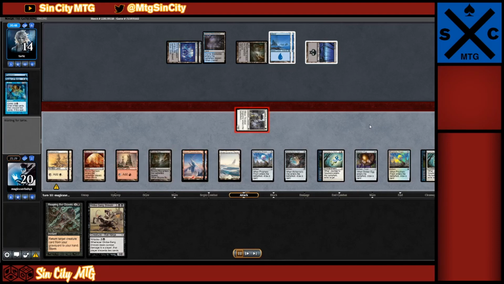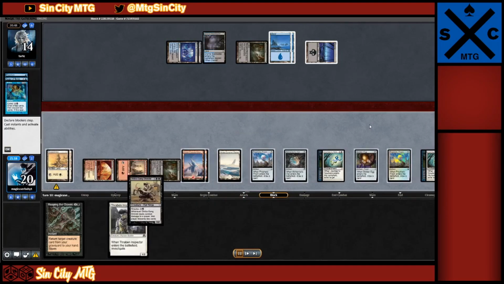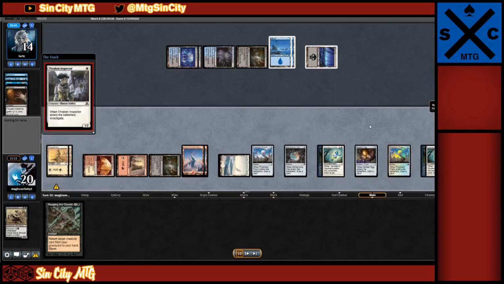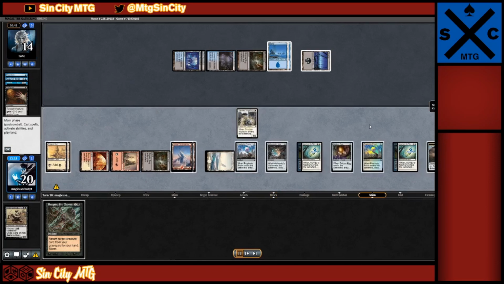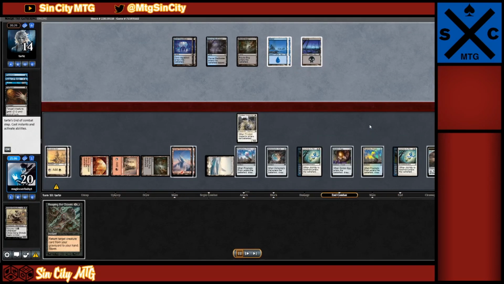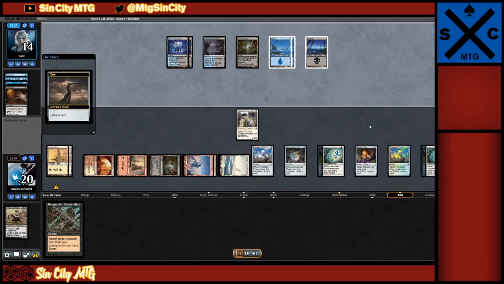We try to use Okiba Gang Shinobi. I think he ends up having removal. And then we lose control of this game pretty quickly after this. Like, we're in trouble. We end up,